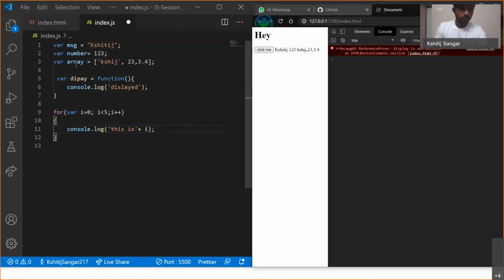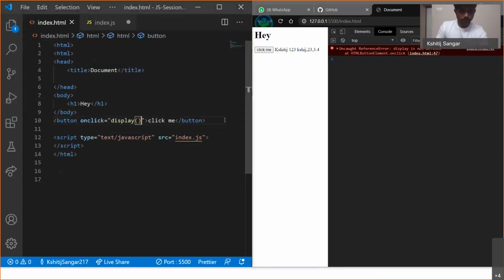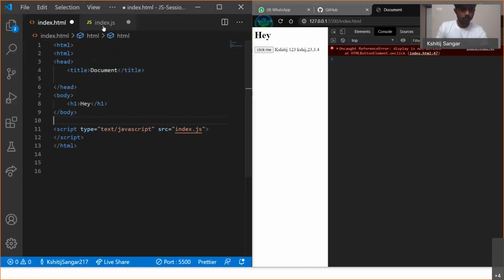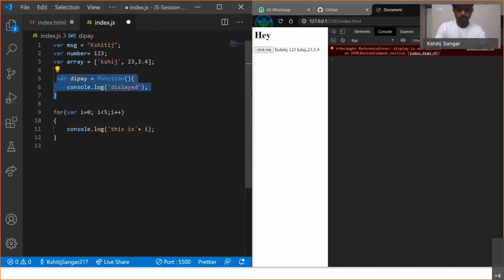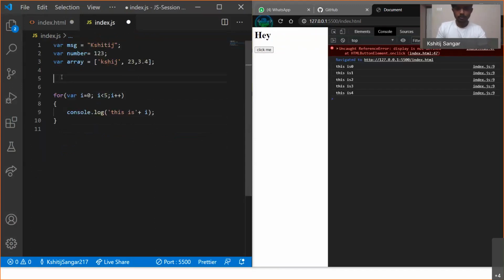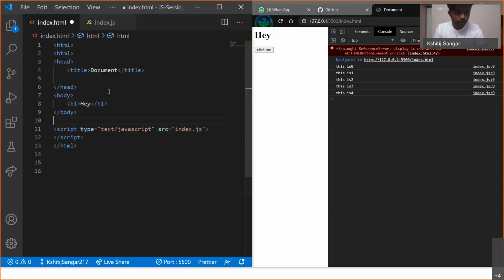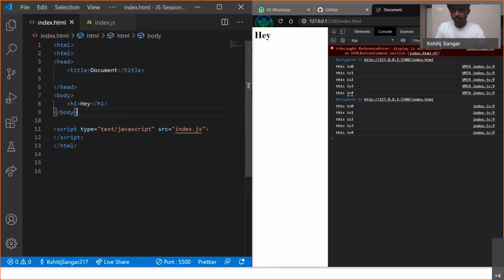Oh, sorry, I have to remove this code. Okay, so look, it just displayed all the loops that we created here. Display is not defined, where is the display? It's the previous error. Don't worry about this.